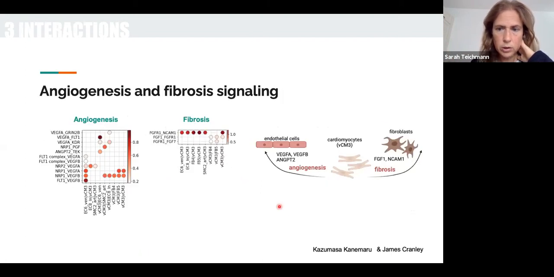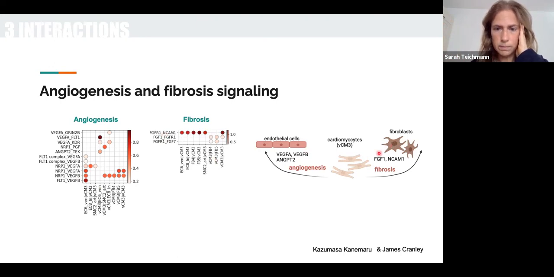And when we look at the interactions between those specific endothelial cell subpopulations of the arteries, cardiomyocytes, and fibroblasts, what it suggests is that there's a fibrotic cell signaling circuitry that could be going on. And so here we're, for instance, charting the signaling with VEGF-A between the endothelial cells and the ventricular cardiomyocyte, that specific ventricular cardiomyocyte subpopulation out of the 5 different ventricular cardiomyocyte populations, and the interaction between fibroblasts